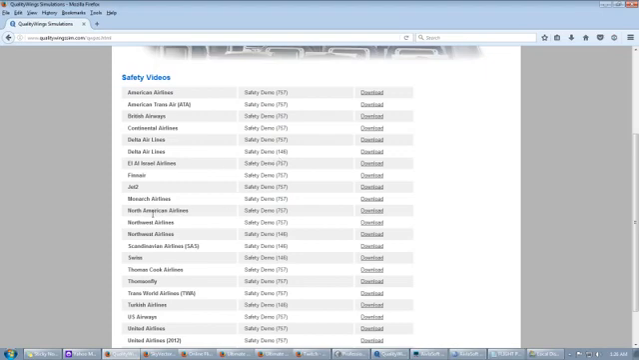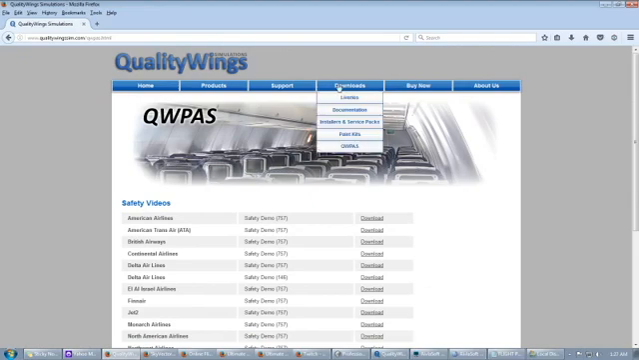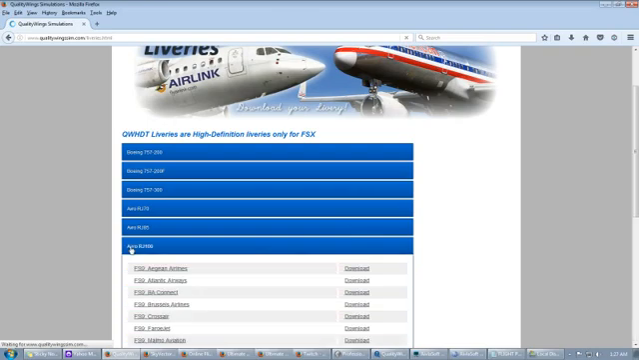Just download any of those, but remember one thing, that you should download only that QWPAS demo which matches your livery. For example, as I myself have downloaded the Swiss safety demo, I have downloaded the Swiss livery for RJ100, so that